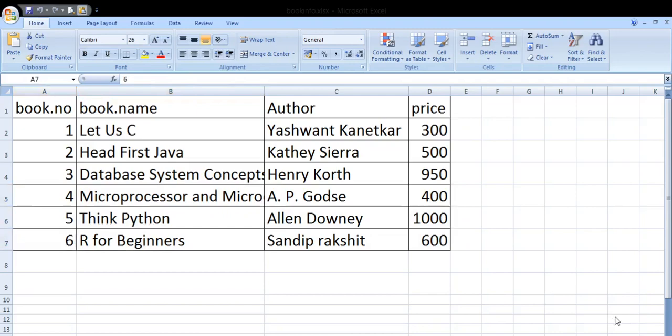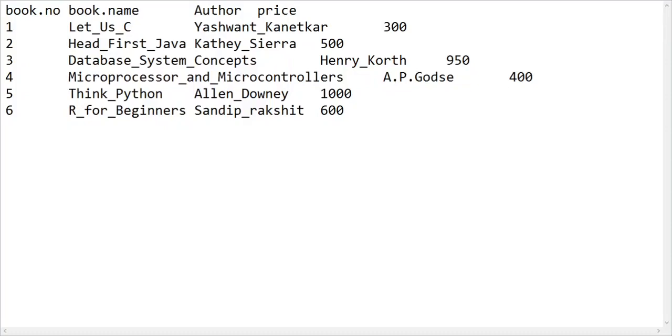Now let's see the format for text file. So this is my text file. I have saved same Excel spreadsheet by using .txt extension, bookinfo.txt. So here my first line is the header line. It consists of 4 columns, and the values of all the columns are separated by tabs.